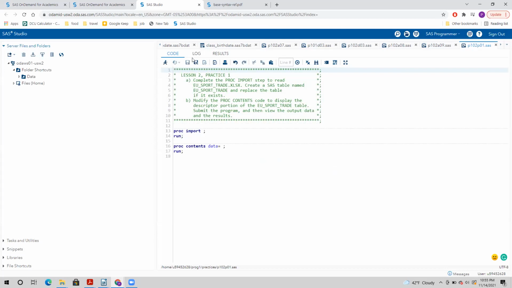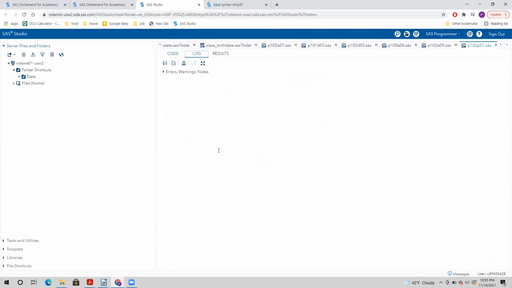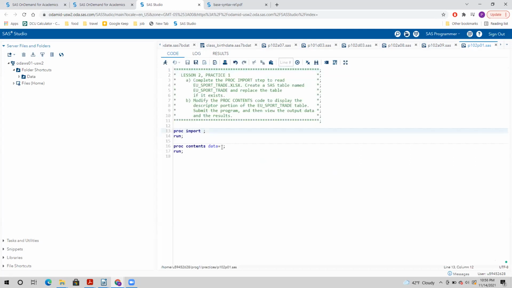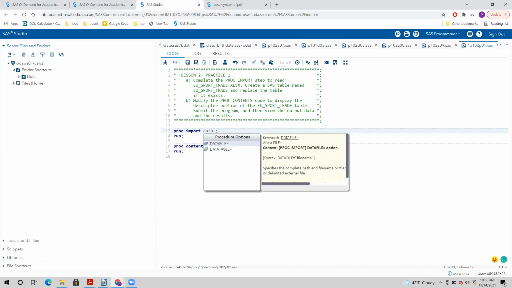Whatever I did is gone, right? Yeah. Again, I'll have to do it. So I think you now understood what I was just trying to do, right? You just need to run the proc import, run the import file. And then you can see the contents for your data file.